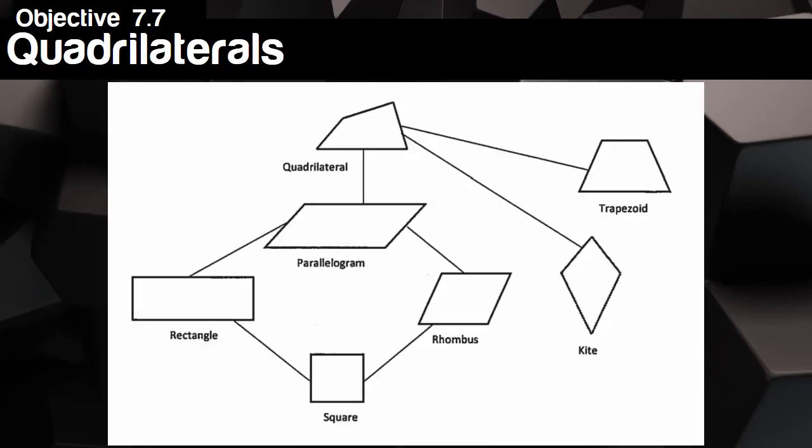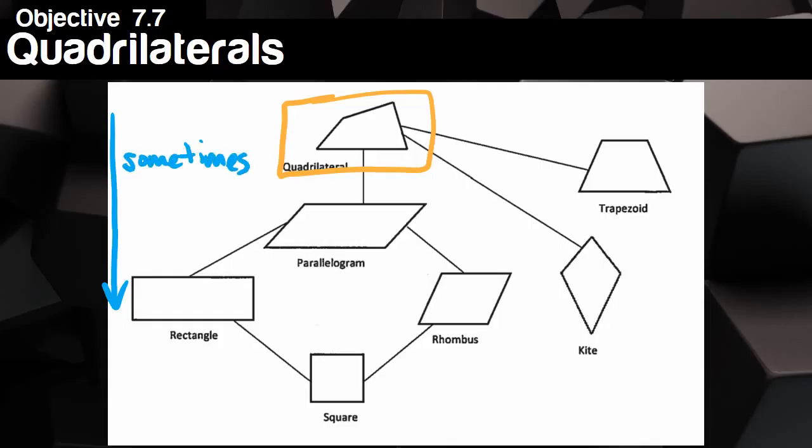So when we talk about sometimes and always, I kind of hinted at it with the last slide, but here we have our little lovely family tree of quadrilaterals. In order to get started, we're going to start right here at the top with a quadrilateral. If it has 4 sides, it is somewhere in the family. And so if we go down part of the family tree, we're going to use the keyword